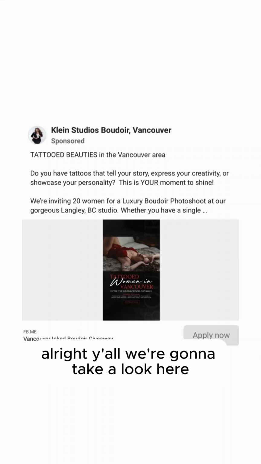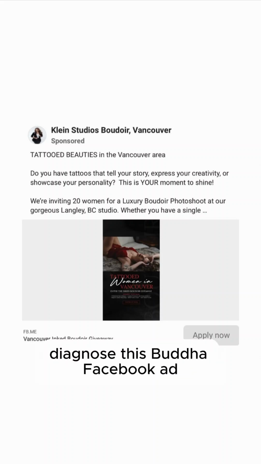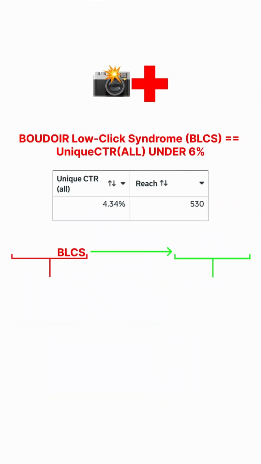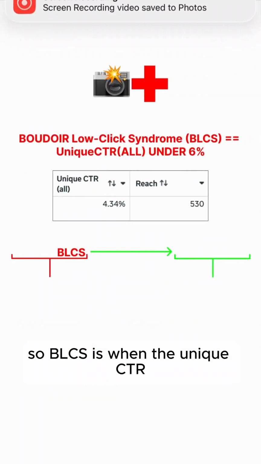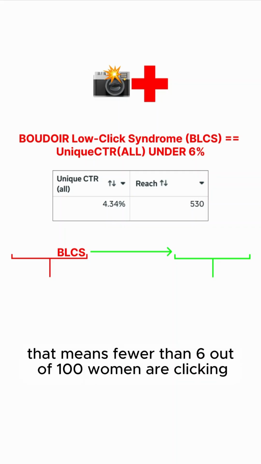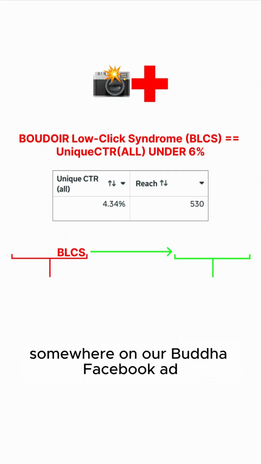All right, y'all, we're going to take a look here, diagnose this boudoir Facebook ad, see if it has BLCS, aka boudoir low click syndrome. So BLCS is when the unique CTR of our boudoir Facebook ad is under 6%. That means fewer than 6 out of 100 women are clicking somewhere on our boudoir Facebook ad, which means our